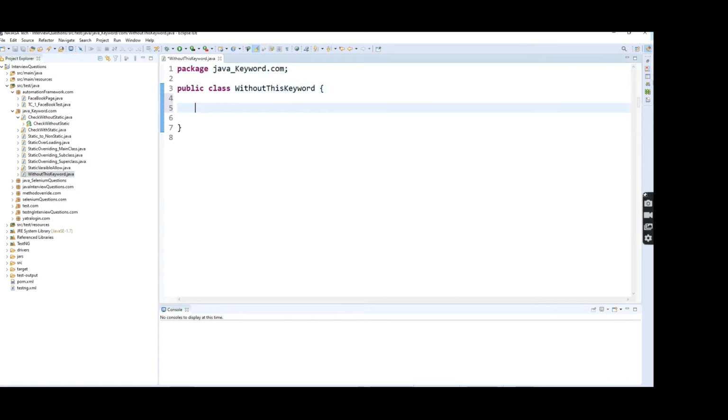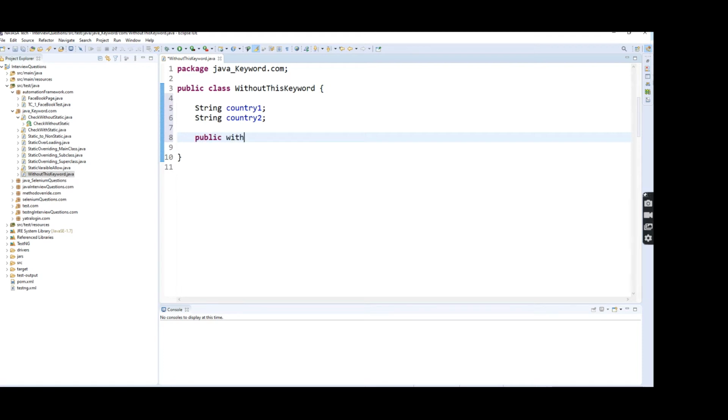So here first I am going to create instance variables. String country1, string country2. So these are the instance variables of this class. Now I am going to create a constructor. The constructor name should be the same as the class name.